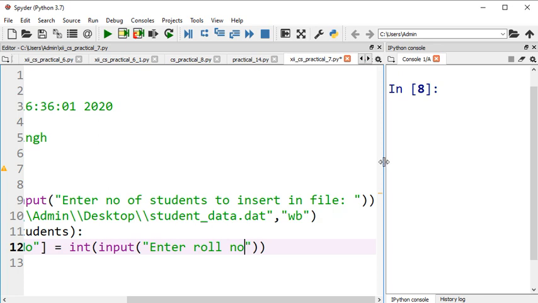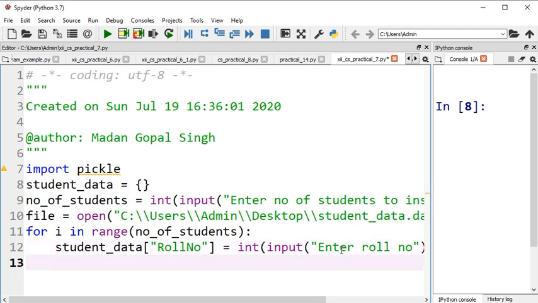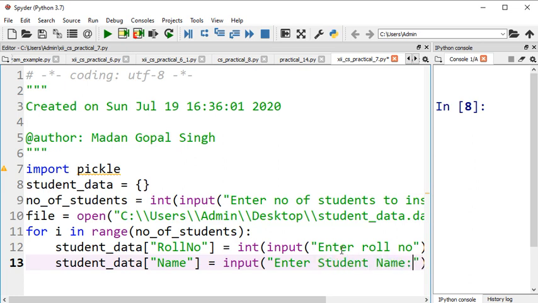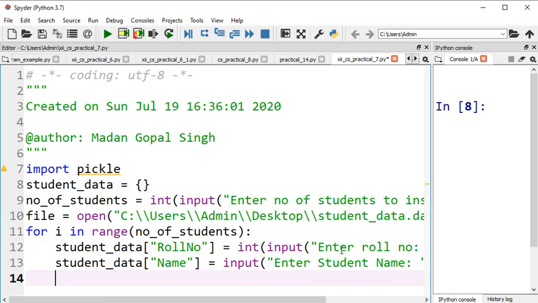So this program is getting bigger. Then you need to take the name of the student, so you can take the name directly using input method, you need not convert it to integer. Enter student name, okay, like this.